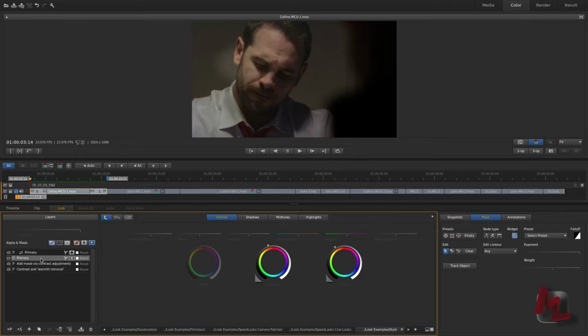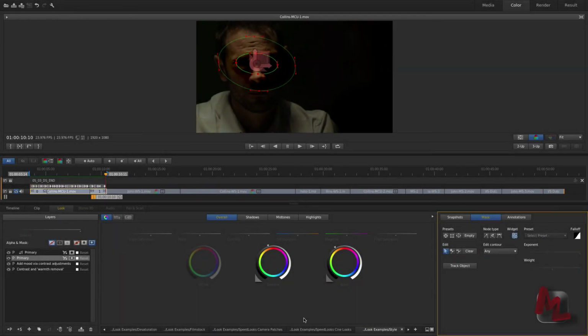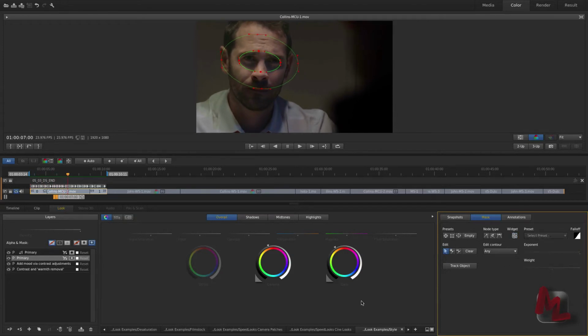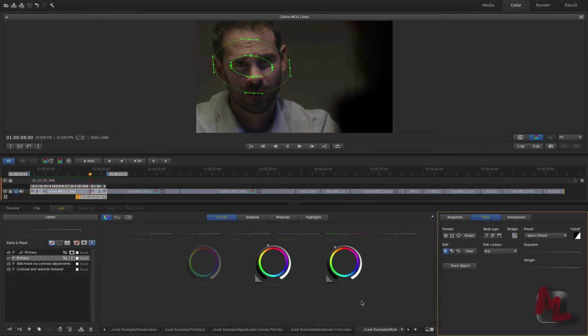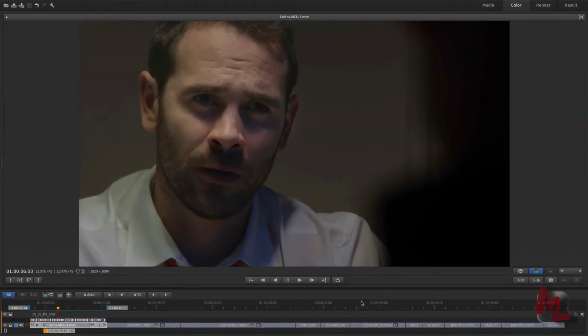Now, let's see if this mask shape will work with the first frame. So I'll jump to the in point. And I can select either the third or fourth layer to adjust this mask. Yeah, the general shape seems to work. All right, so now let's track. Great, let's see if this worked. Yeah, I'm happy. On this shot, even though the mask isn't rotating, it's a nice compromise,